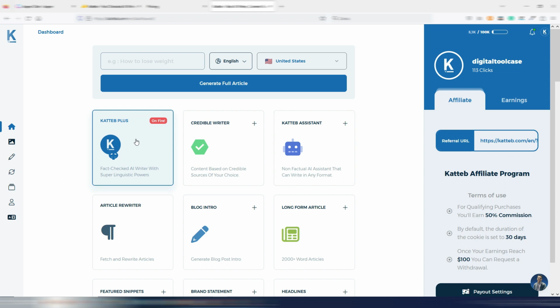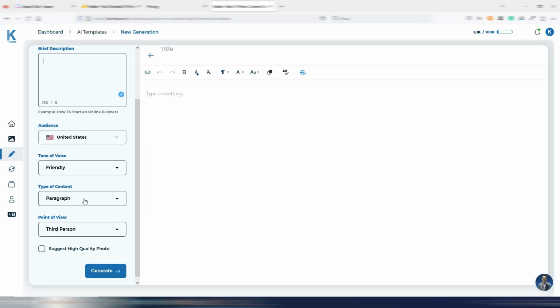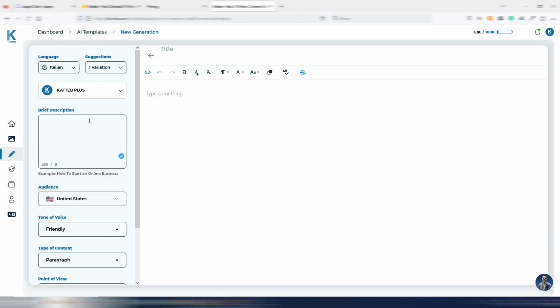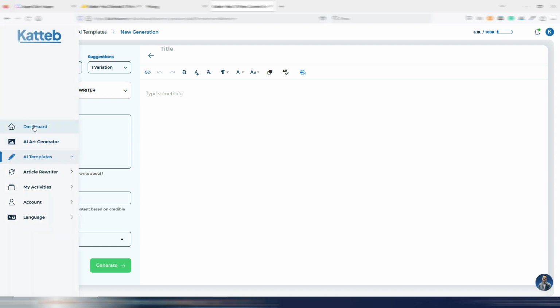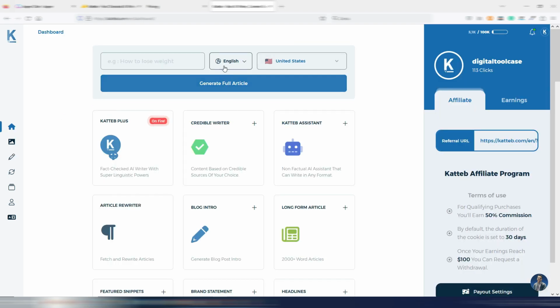Katteb has this. Katteb Plus is a template that writes fact-checked content. If I go here, as you can see, you can choose some options and insert your brief description here. Then you have this credible writer. This is interesting because you can add your source. If you want to grab your content from another specific source, you can insert it here. But these two templates, as of today, don't give you the sources, but they added sources in the full article,